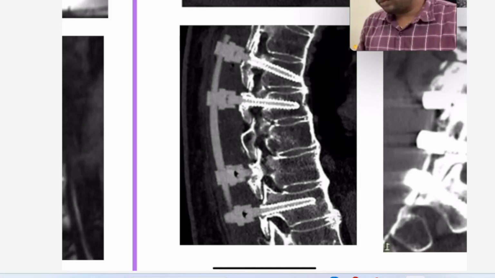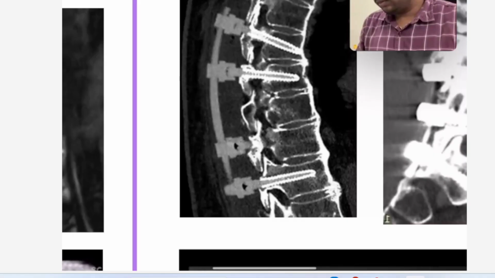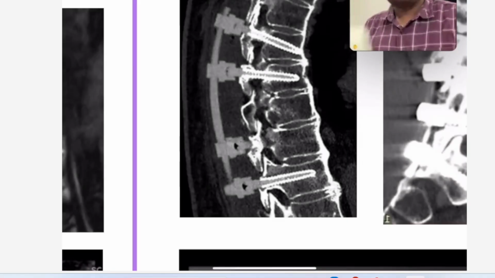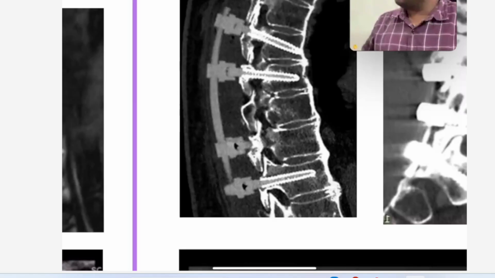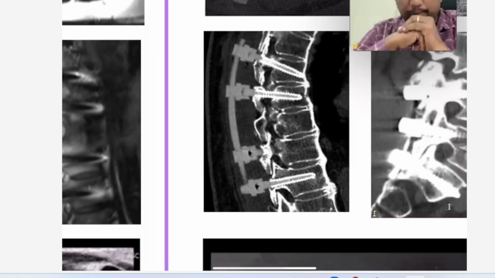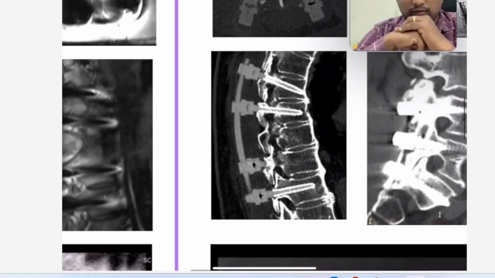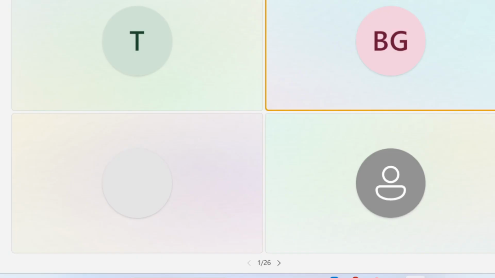Here you can see the screws, and on top of the screw there will be some bend material which is used. These are carbon fiber material based, but it's not purely carbon fiber. The reason is you need to have